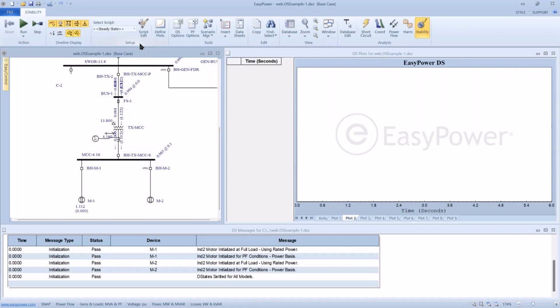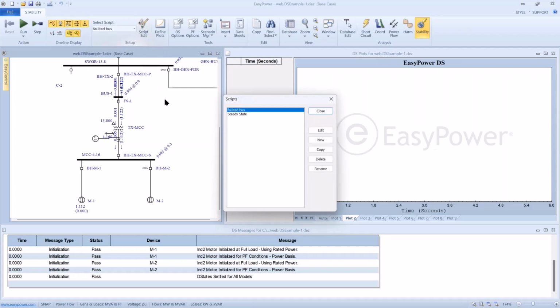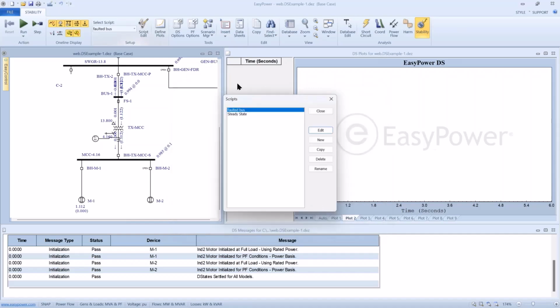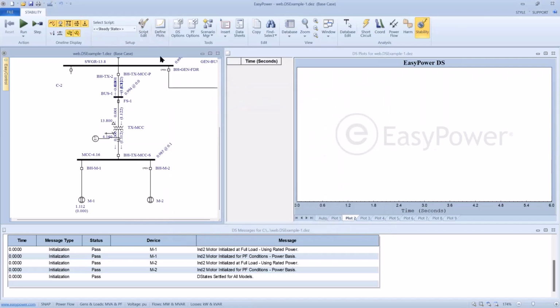I've saved that as a script, and if I edit the script, all I've said is run 1 second in normal state, then fault the bus MCC 416, and then run for 2 seconds and see what happens. So let's try to do this. Pick out the script, run it,